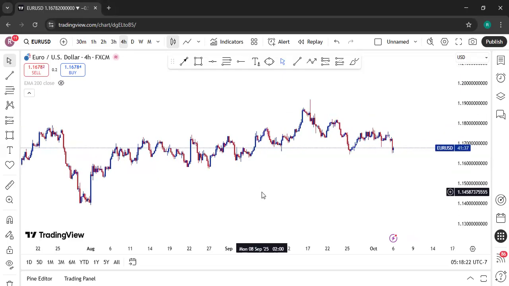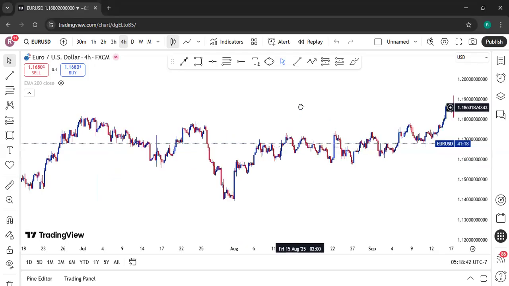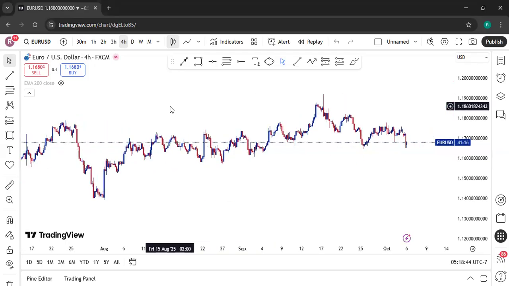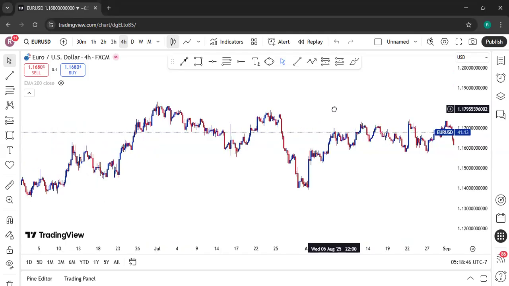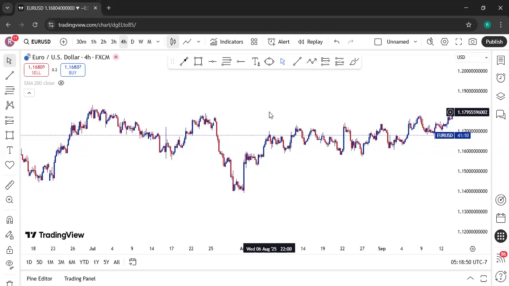Okay, so today I already said we're going to be looking at how to draw support and resistance lines. The very simple, very easy way for you to spot key turning points of a support level or a reversal level is to first open your chart like this. Now, this is a plain chart. I do not have any zone drawn. I don't have any lines drawn yet. So how do I start to spot accurate support and resistance levels? The first thing you want to do is to look out for the obvious